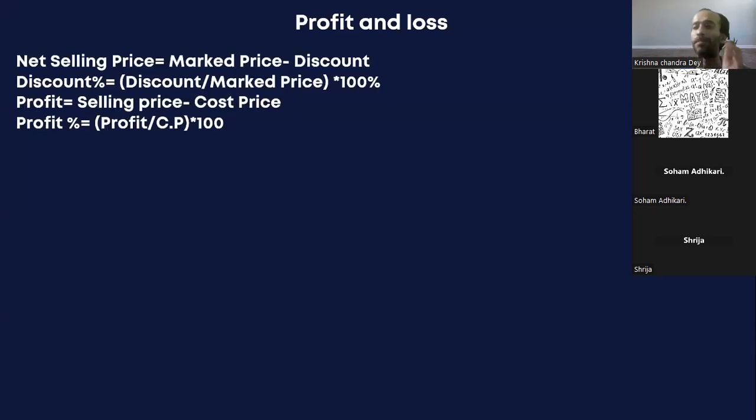What happens? A shopkeeper will be there, right? Just think of you are doing a business or something like that. Shopkeeper will buy. Suppose I will just take 100 rupees to explain to you. Shopkeeper buys something at 100 rupees. This is the cost at which he is buying. He is buying from some manufacturer or distributor who is supplying to him, right? He is buying at 100 rupees. He knows very well that he has to finally give some discount to the customer to sell, otherwise customers won't buy.